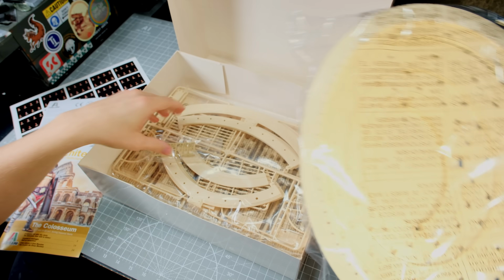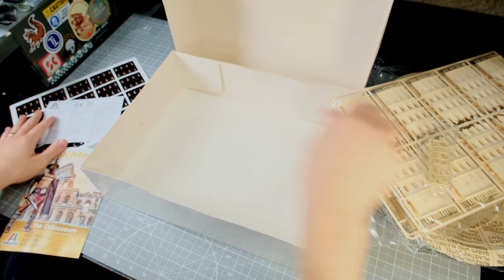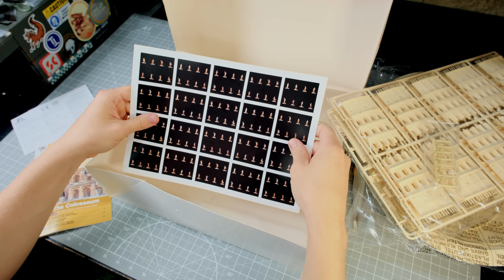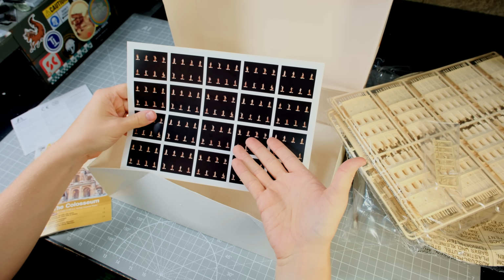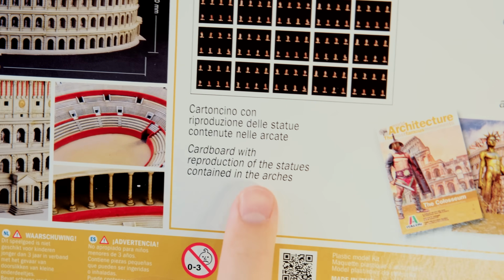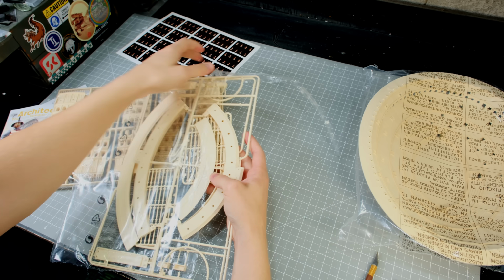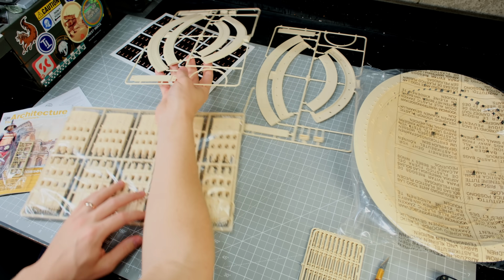I scoured the box looking for all the little statues that I was going to need to install in the niches, and I realized that there were no 3D statues at all, but only these pictures on cardstock, which I was bummed and surprised by, but I wouldn't have been had I read the box. Oh well. I broke all the runners out of their plastic bags, including the big piece, which is the arena,